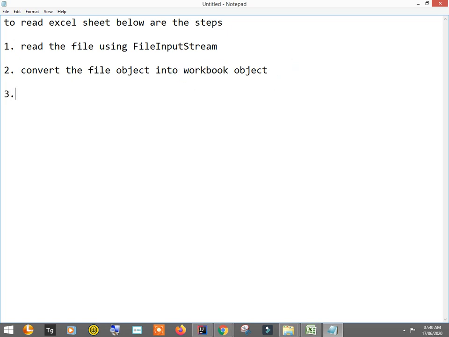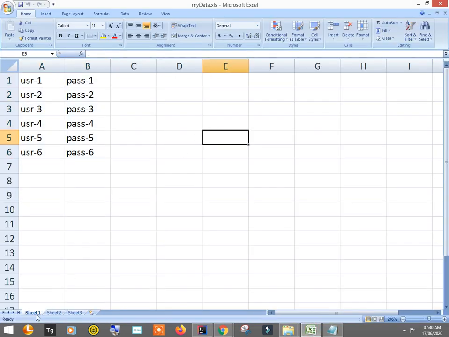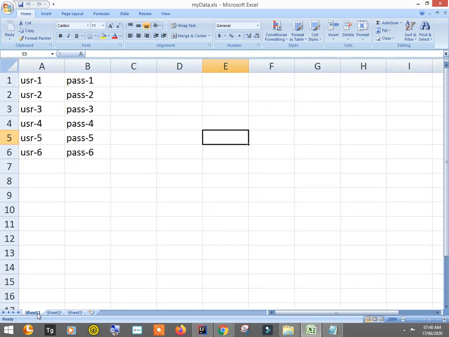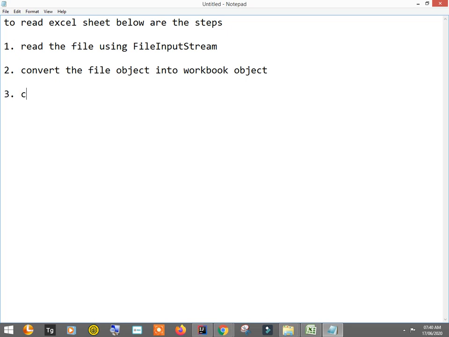Then the third step: as you open this Excel sheet, you will find some sheets, sheet 1, sheet 2, sheet 3. Which is the sheet where your data is? Your data is in sheet 1, so you should choose the sheet. The third step is to choose the sheet.